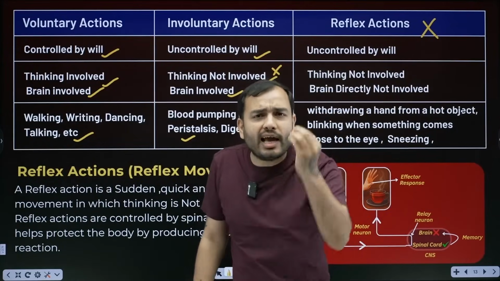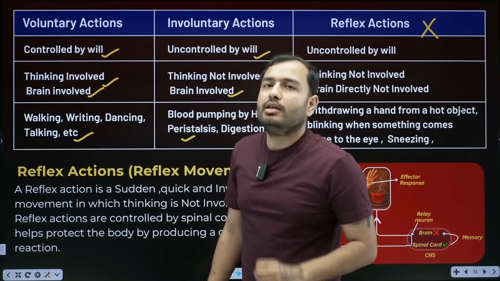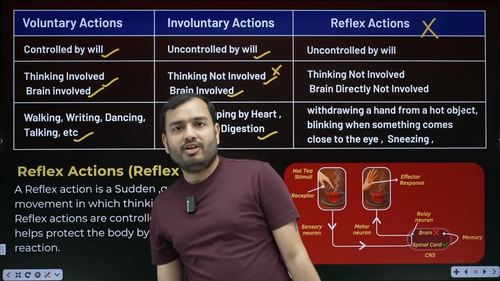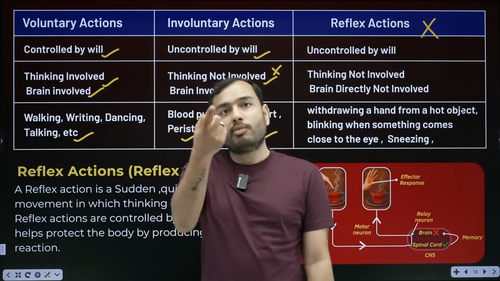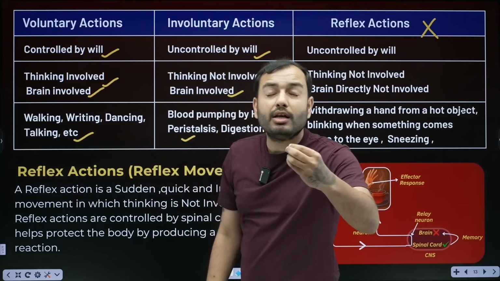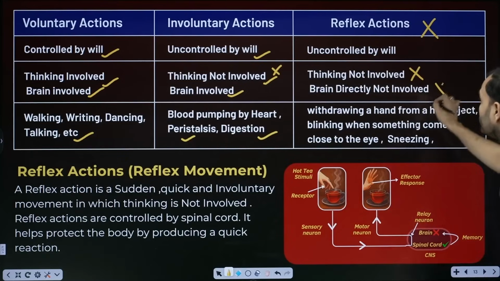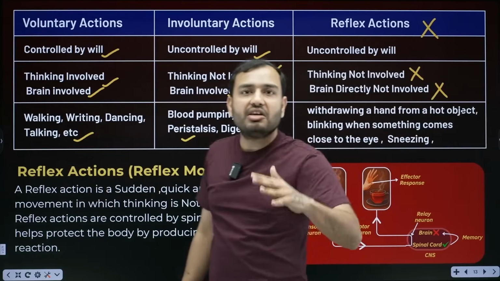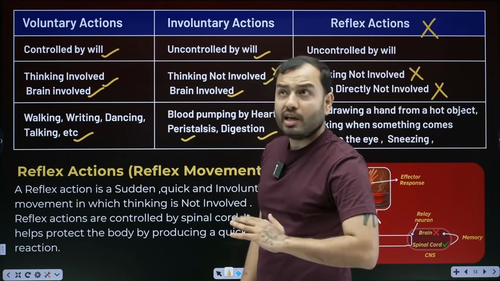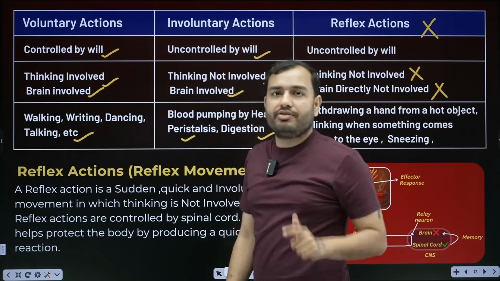But reflex actions are those involuntary actions that are sudden, quick, and happen to save you from some danger. It won't happen all the time. Someone punches you hard and you move away. Did you think? Did you send a signal to the brain asking why the punch is coming and what you should do? Nothing, because the brain is not directly involved in this. You neither think in this, nor is your brain involved. The spinal cord handles this alone. This reflex action is handled by the spinal cord, the Home Minister, alone. It says it's urgent now, no time to take the file up, I will take action myself. So it is a sudden, quick, involuntary action.